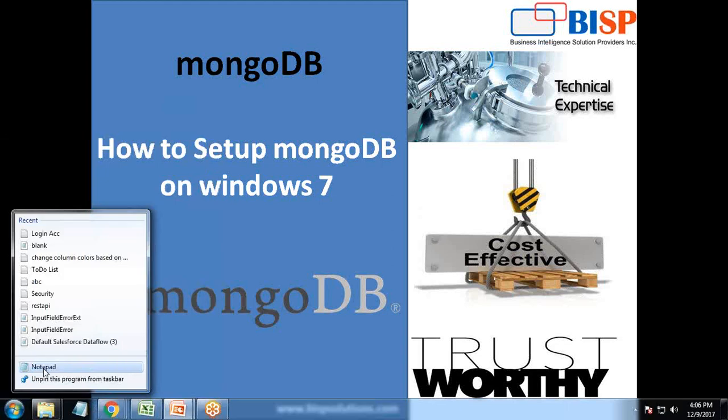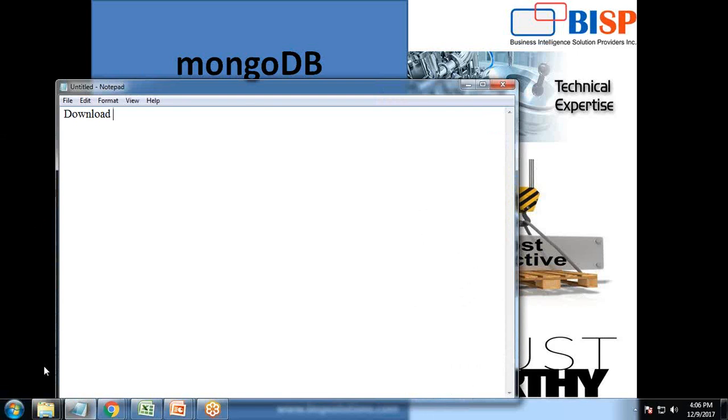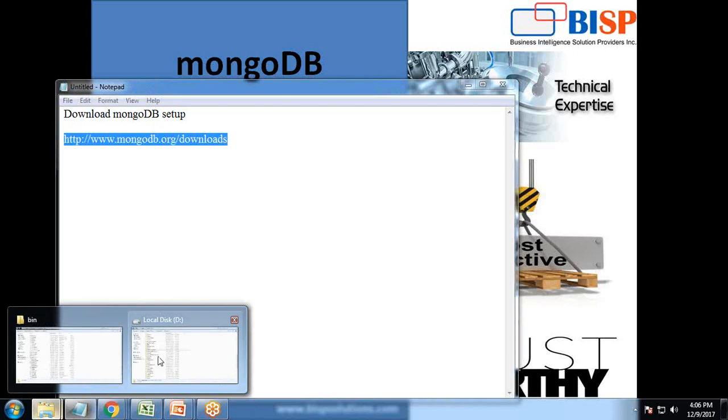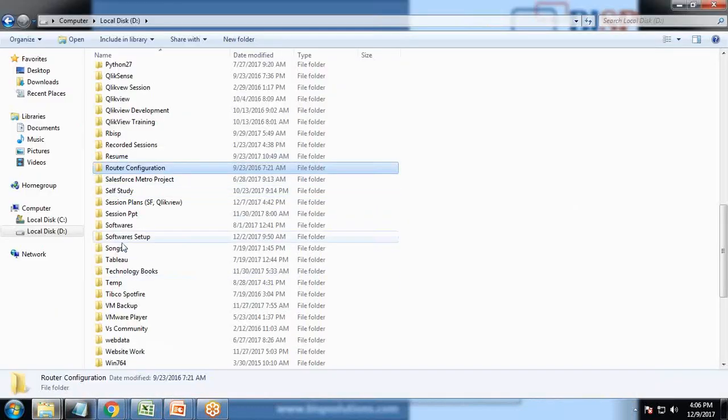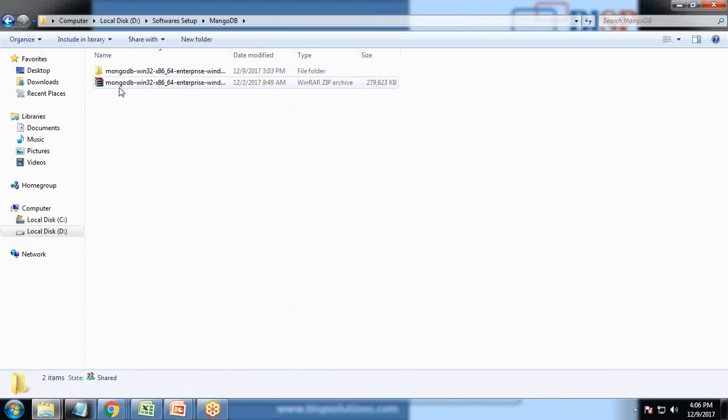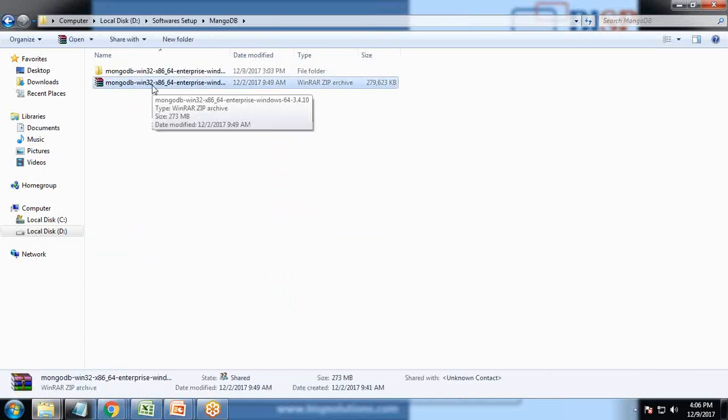For setting up MongoDB, first of all, we need to download the MongoDB setup file. For that, we will be visiting www.mongodb.org/downloads. You can visit this link and download MongoDB for your operating system. I have already downloaded it in my D drive. Let me show you the MongoDB. I have already downloaded the setup for the 64-bit version,